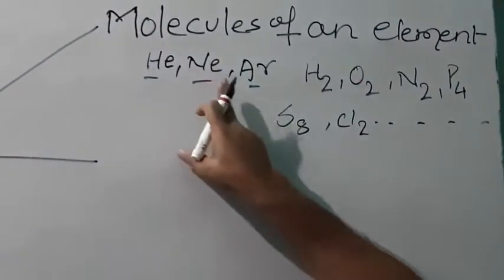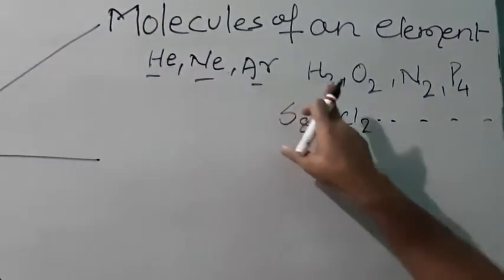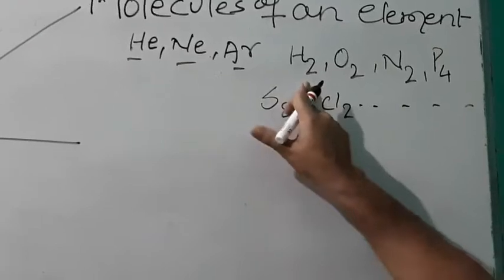Number of atoms present in one molecule is called atomicity. So atomicity of helium is 1, neon is 1, argon is 1, atomicity of hydrogen is 2,